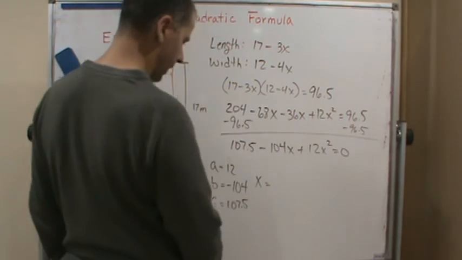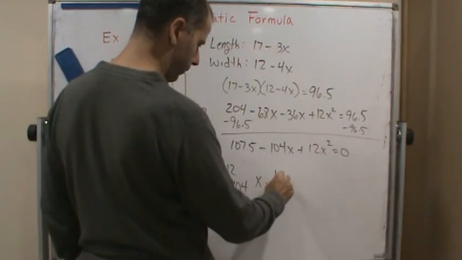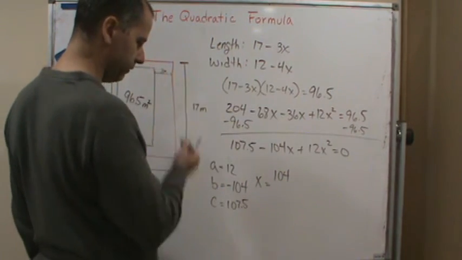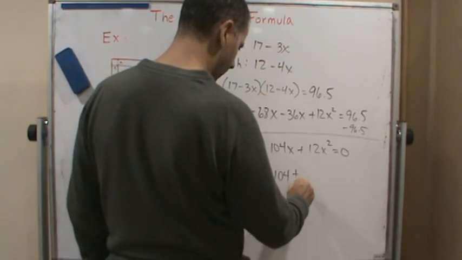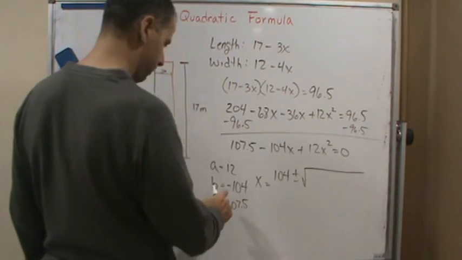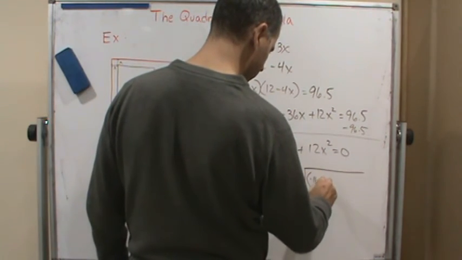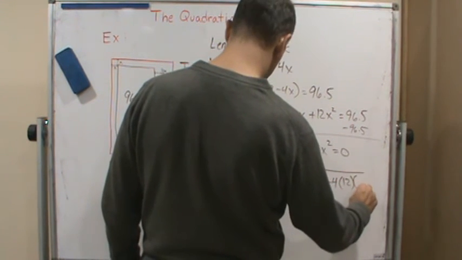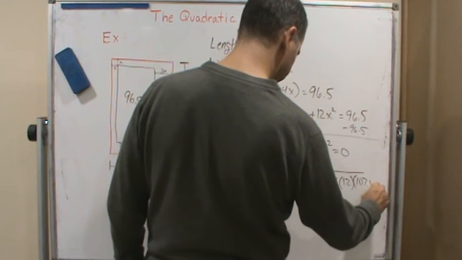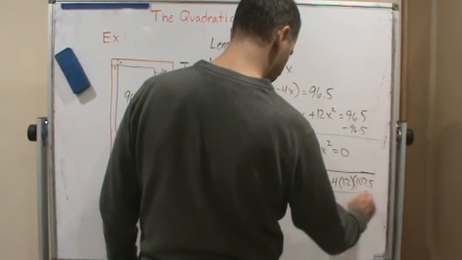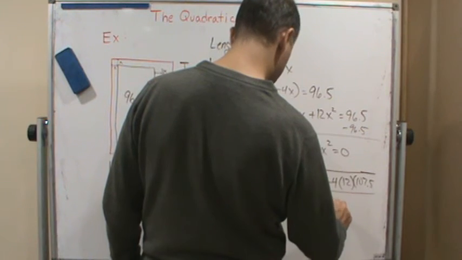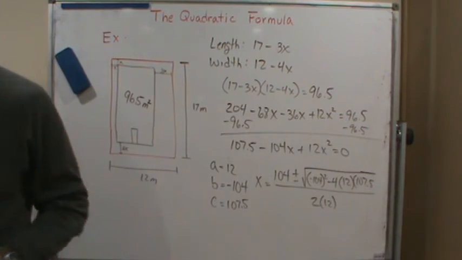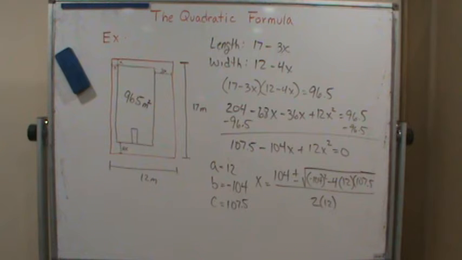So x equals negative b, which in this case will be 104, right? The negative of a negative. And then we'll have plus or minus the square root of b squared minus 4 times 12 times 107.5, divided by 2 times 12. Okay. And if we simplify this, we get